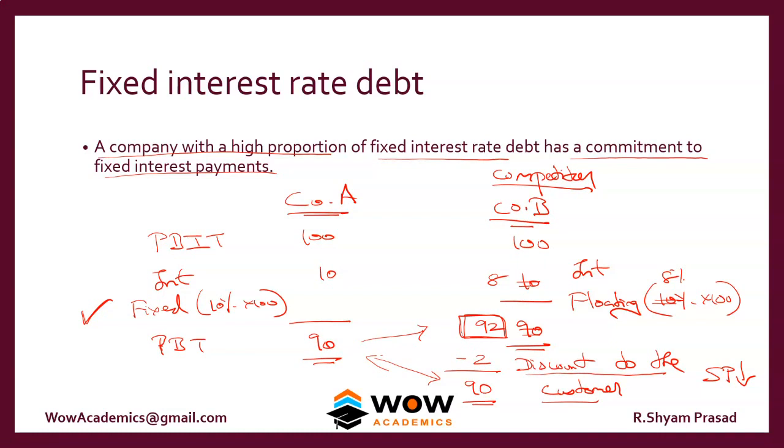Even though this is not permanently possible, because the floating interest rate will keep on changing, it might even go from 8% to 11%. At that time we'll have a competitive edge over them. But assuming that